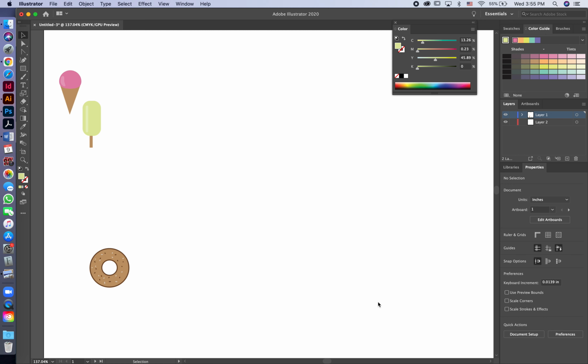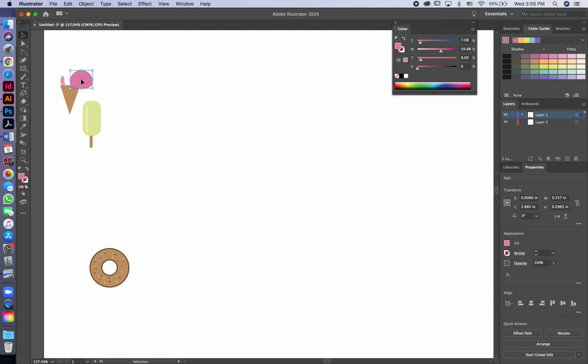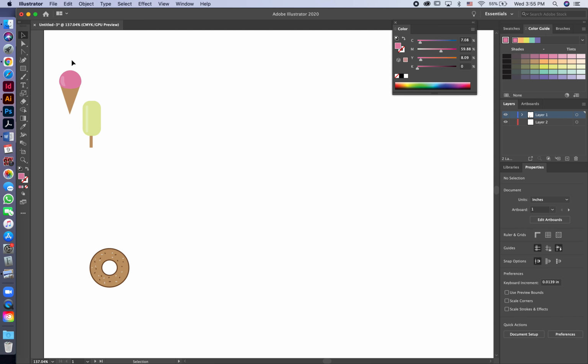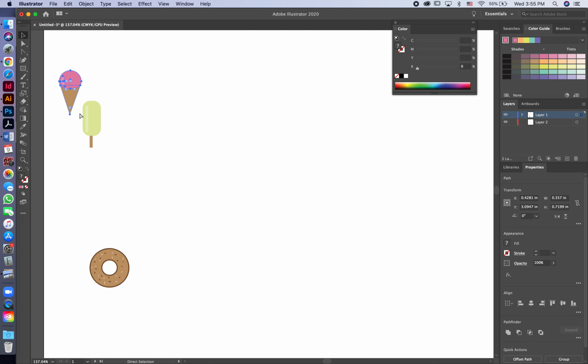Once you're happy with your shapes, you're ready to move on to making a design, and that design will eventually become your pattern. The first thing you're going to want to do is group your objects together. This might seem like one thing, but really it's three different shapes together. So what we want to do is drag over all of it and then hit Command or Control G to